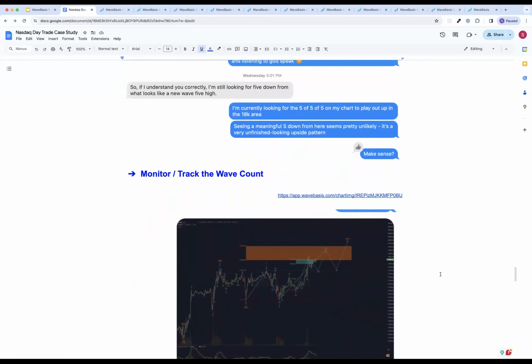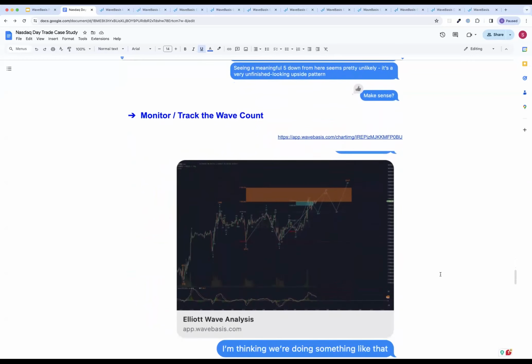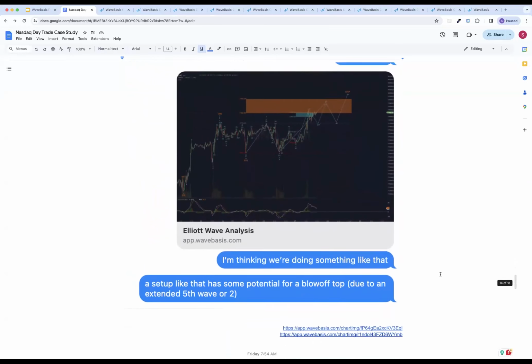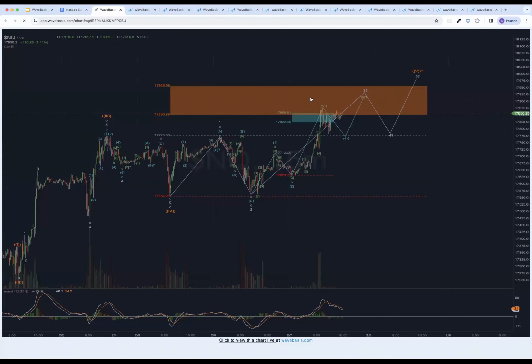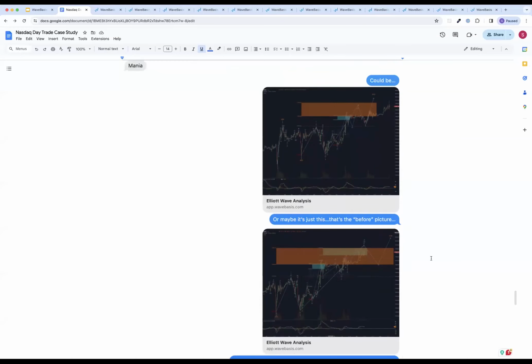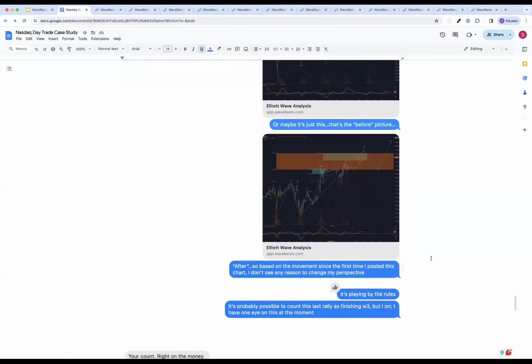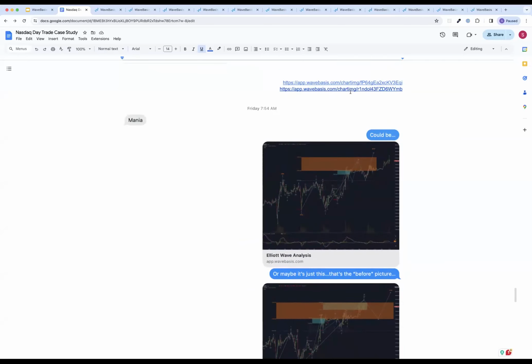We'll talk through all of these little details. Okay. So then some little time went by and I gave him a little bit more specific view of how I was seeing that end of the move play out. I was looking for something like that. And some other comments. And as that played out, these are days that are going by. Let's take a look at that.